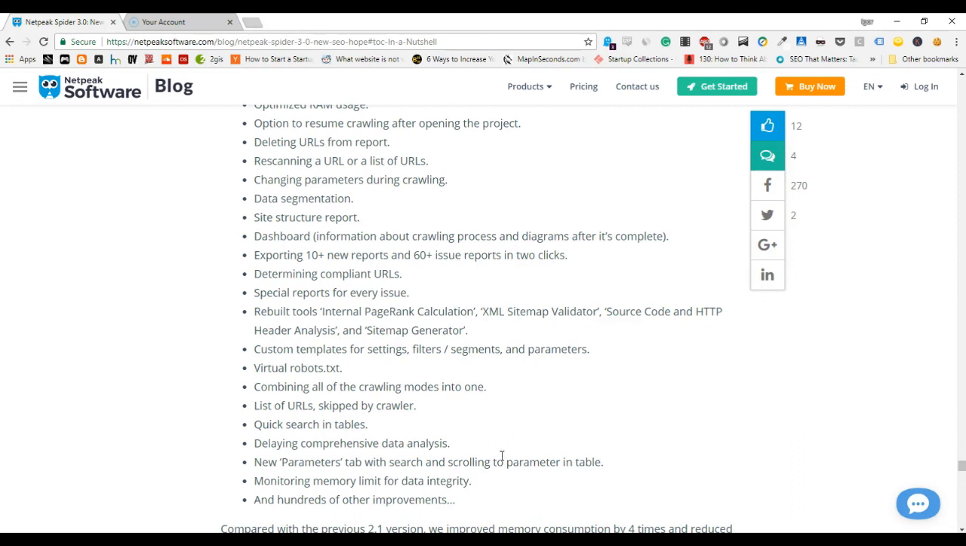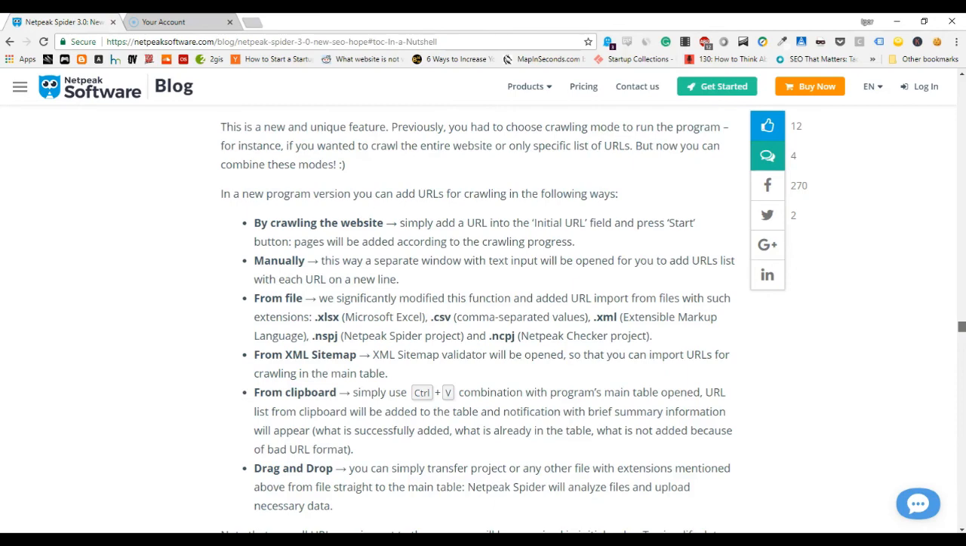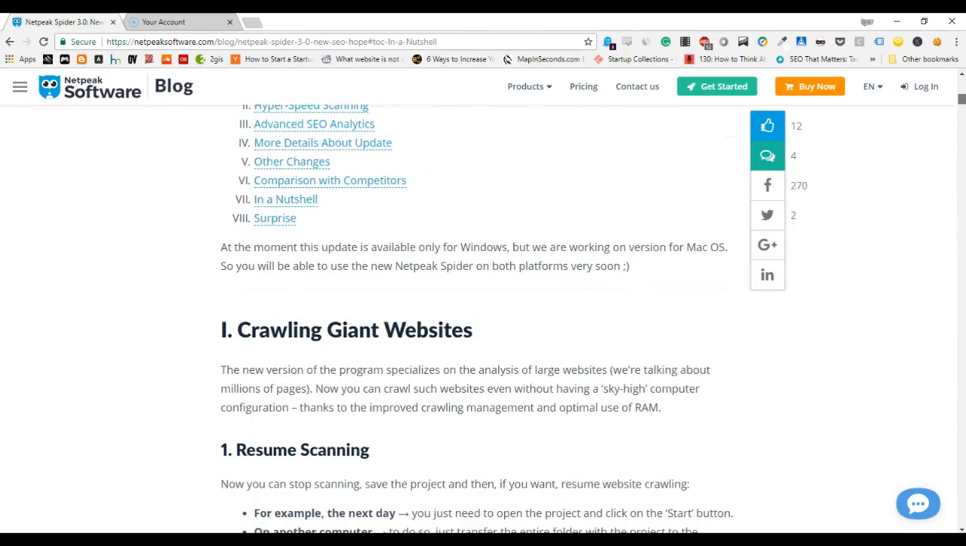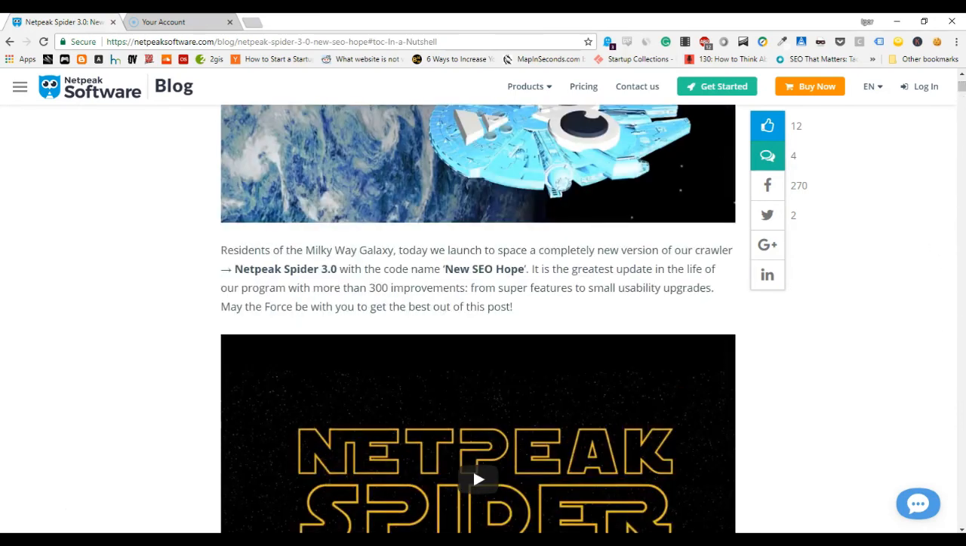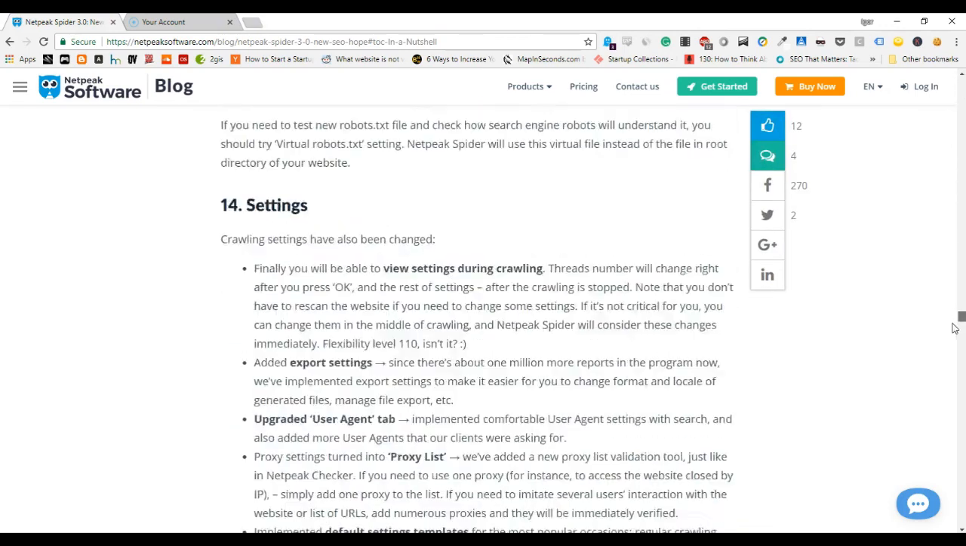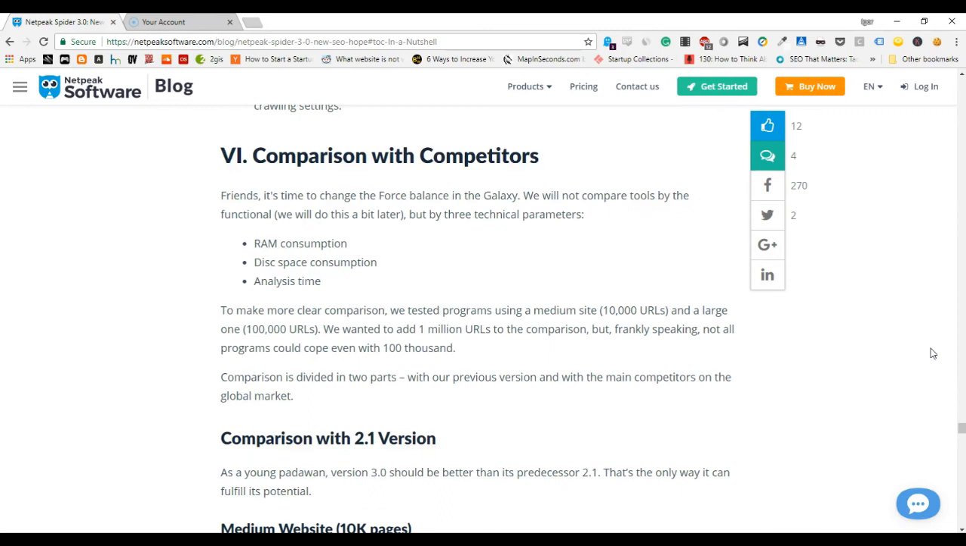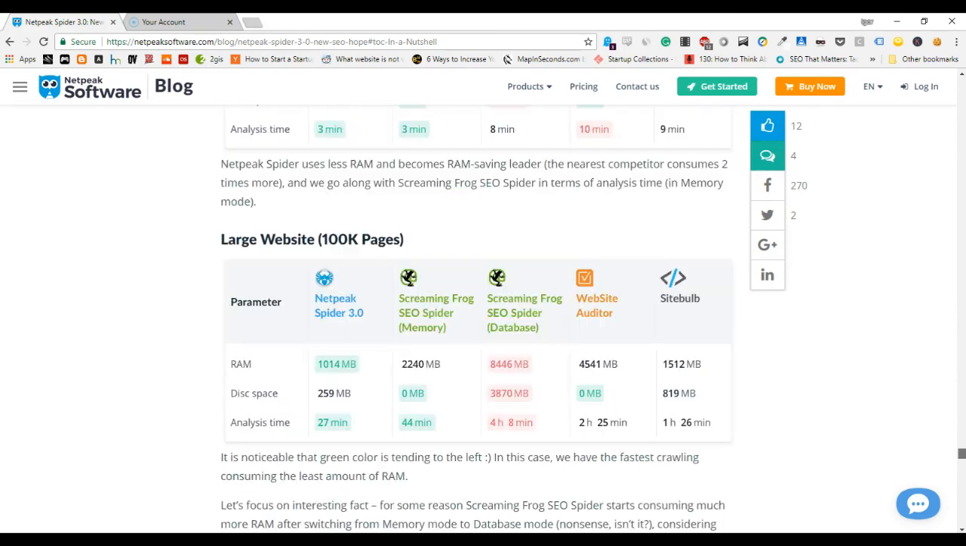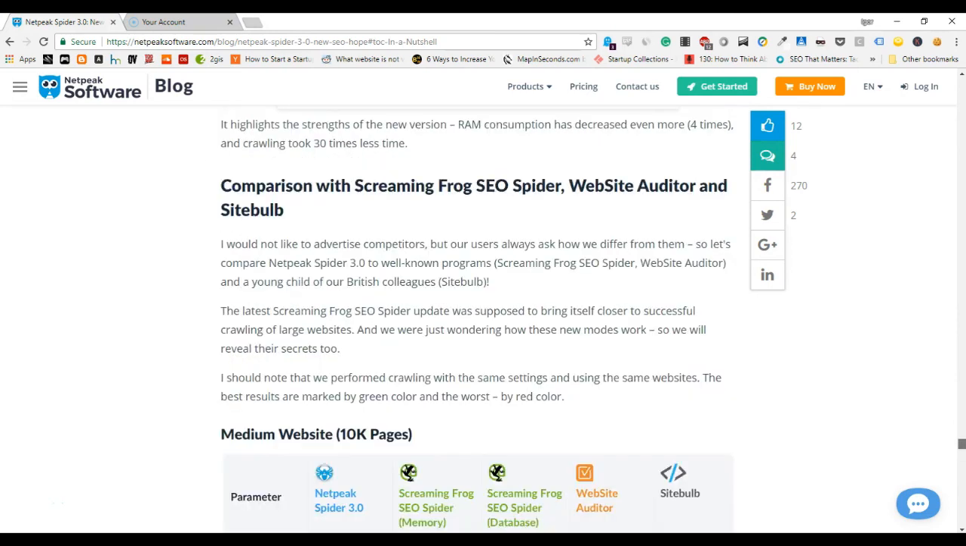And there are also hundreds of other improvements which you can learn about from this blog post here, and from the Netpeak software blog in general, where they share a lot of use cases for the Spider and explain what's new with it. So go ahead and check out Netpeak Spider 3.0, a new version of the crawler, which is probably the fastest crawler available at the moment, with a ton of cool